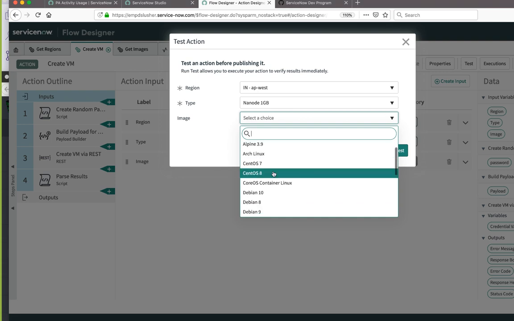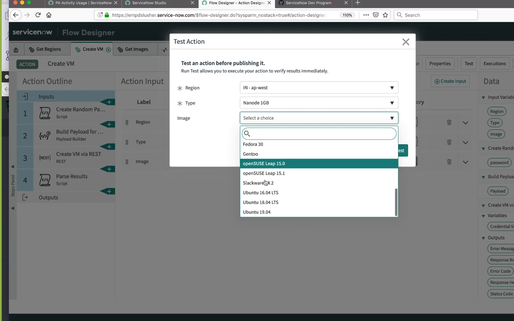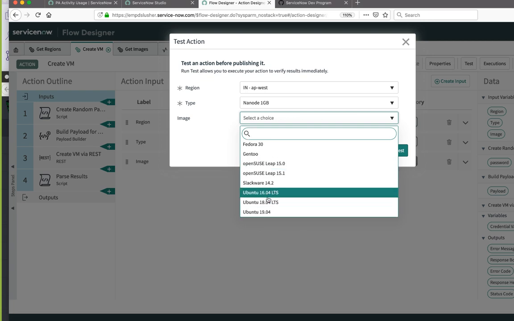So you can get CentOS, you can get Debian, various Debians. And again, this is a generic image. This is not a snapshot or anything of yours. Right. Yes. And you can create your own, and if you wanted to create your own image, you would have to log in. Mm-hmm. So the way that I have this built, you would not get your own images because I'm not passing the authorization token. Ah, okay.